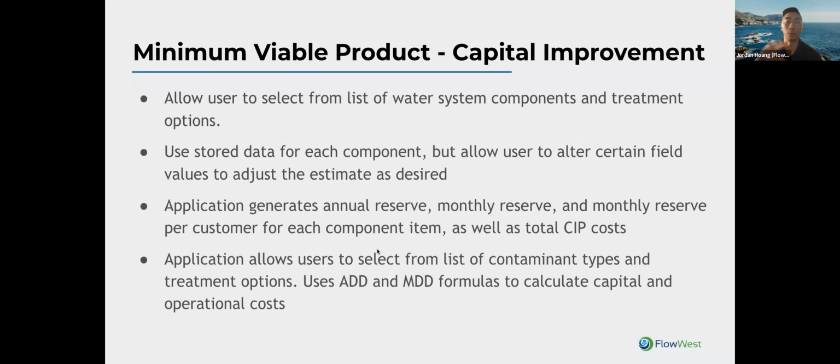And then on the capital improvement side, we wanted to take into account the cost of asset replacement, treatment costs, and the overall cost per system and per connection of not undertaking a consolidation project. So those features work in conjunction with the consolidation side. So after identifying your water system, you would,